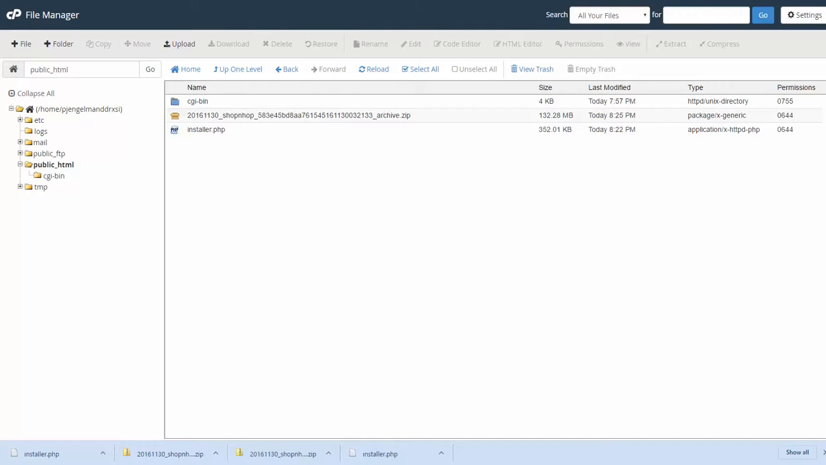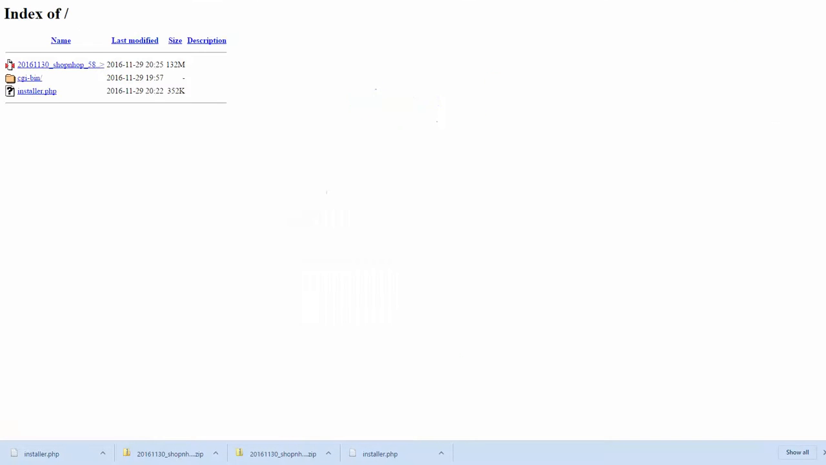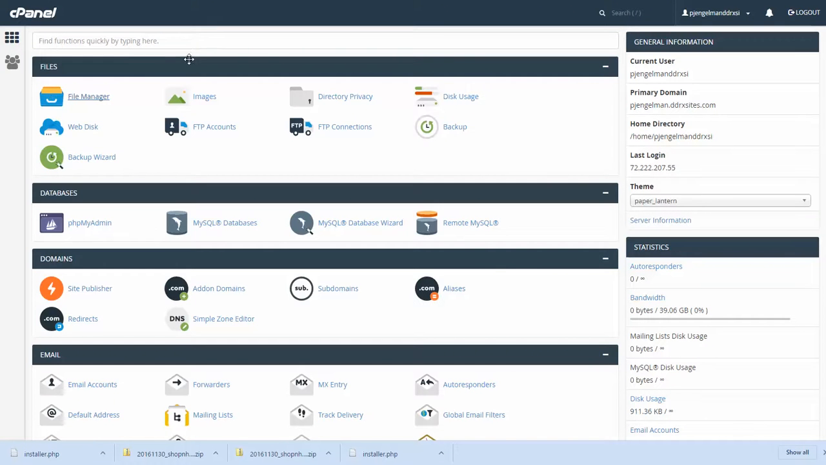So we'll open up a new tab. You'll see that our files are there, our installer.php and our file clone right here. So we're going to click the install. Actually, before we do this, I'm sorry. We're going to go back to the main cPanel. We need to associate a database to the